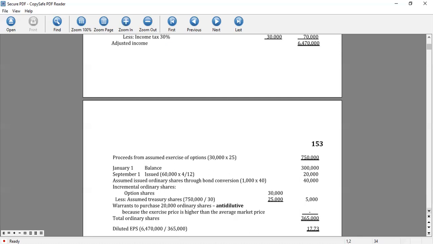And we now get the assumed treasury shares computed at 25,000, and we have the option shares 30,000. So we have now the ordinary shares of 5,000. If you get the total, that gives us 365,000 total ordinary shares. So the diluted earnings per share is 3 million, diluted earnings per share,